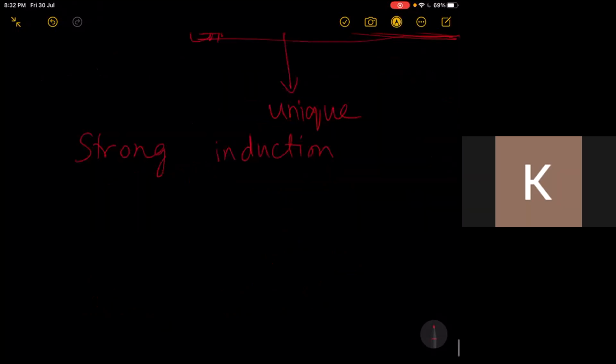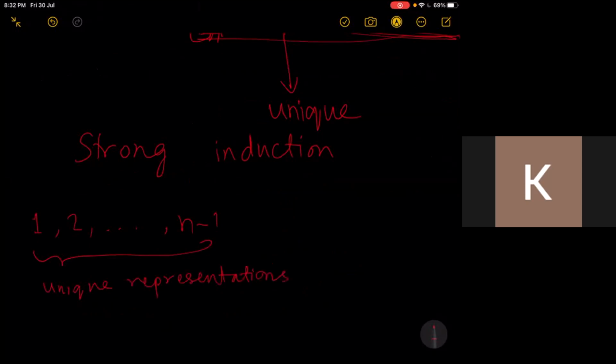Basically my assumption is 1, 2 till n minus 1 all have unique representations. This is my assumption,